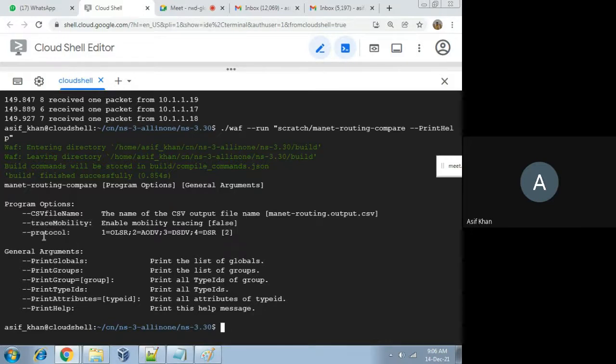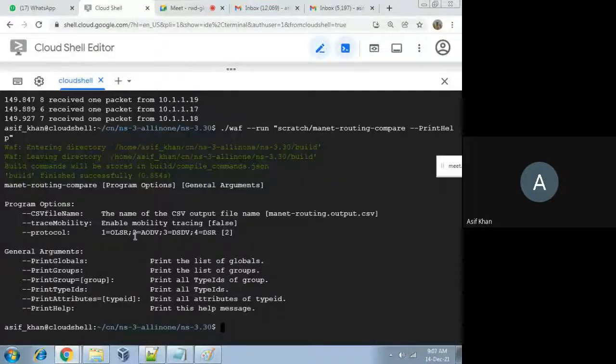This one we require: protocol. You see, --protocol is used for the routing protocol. If you give this protocol variable 1, then the OLSR routing protocol will be executed. If you give this protocol value 2, then the AODV protocol will be executed, which is the default. Then 3, the DSDV protocol will be executed for communication.